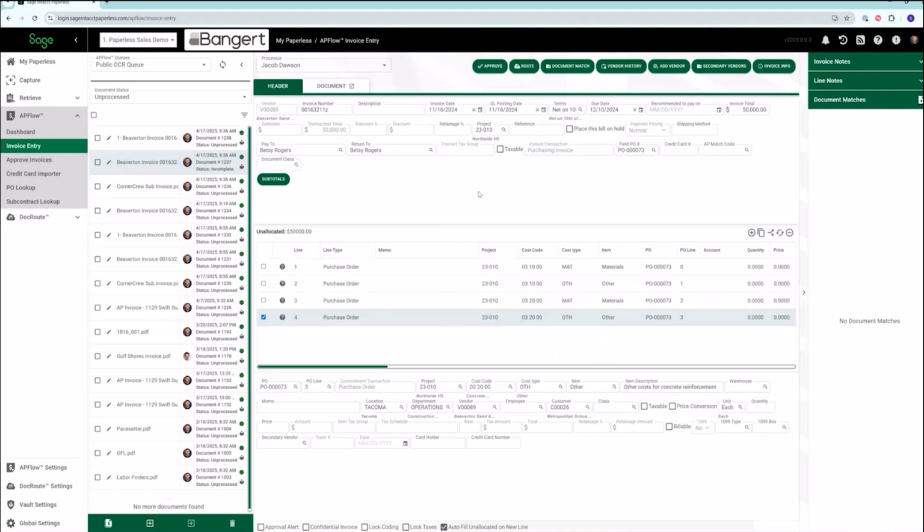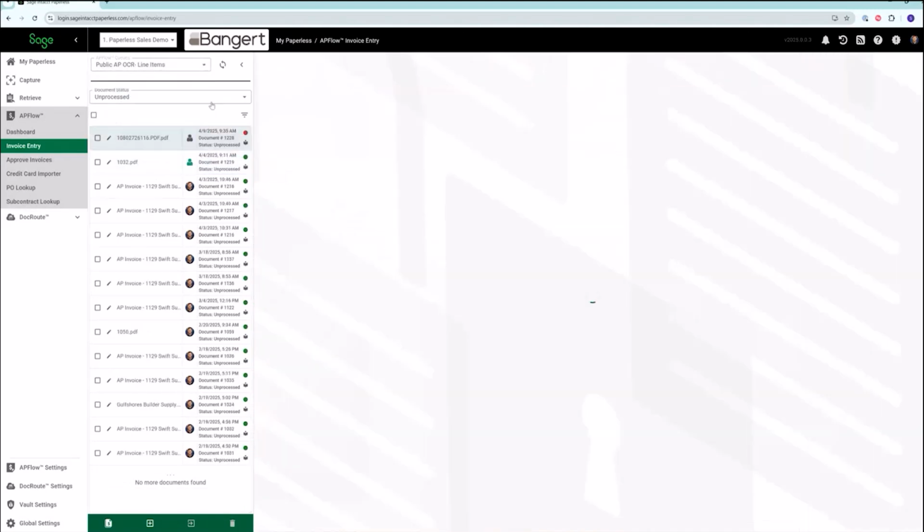So that's how we do our header-only POs, and this works for header-only invoices, and this works for purchase orders and subcontracts as well. So you can set up your workflow depending on what you as the customer code your invoices to mostly, whether it's PO or subcontract. We always recommend just doing the header only because we let it pull data directly from the Sage Intacct system itself. We then have another method for capturing OCR documents, and that's going to be our OCR with